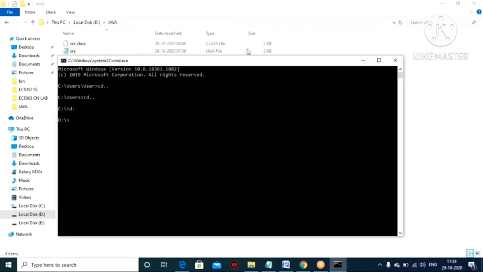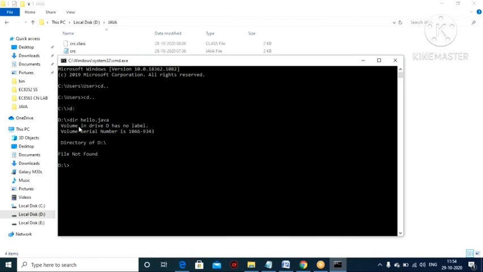Now where is your file actually? I want to show the hello file first. Change the directory and check it with dir. The file name is hello dot java.